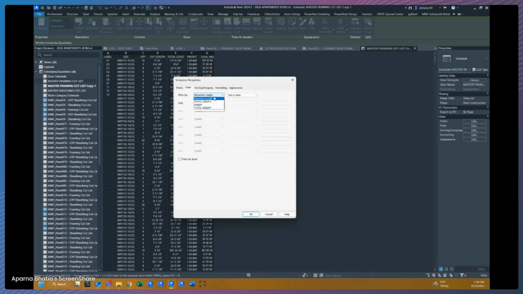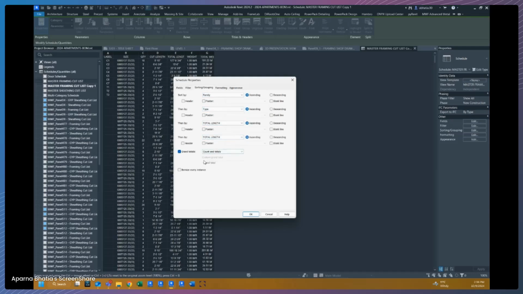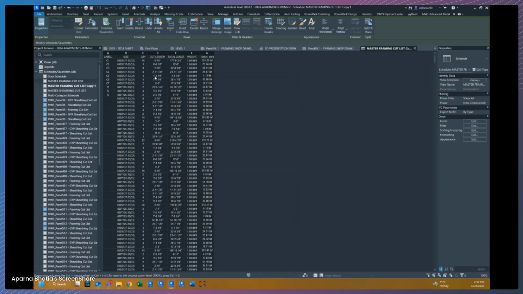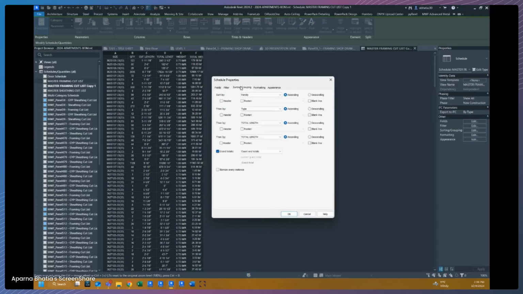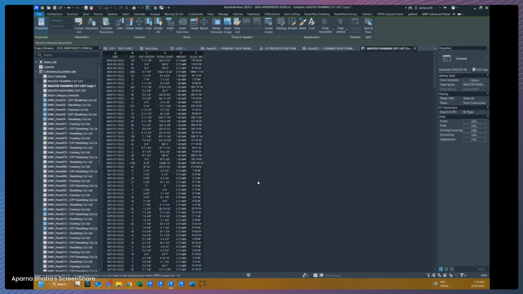So I'm not going to have a filter there at all. I'm going to just say reported length has a value. And then I can sort it by family, type, and then total length and total weight. And then we can just go ahead and take a look at what that does. So right now it's still breaking it up by the length. If I ignore that completely, if I say none for all of that,